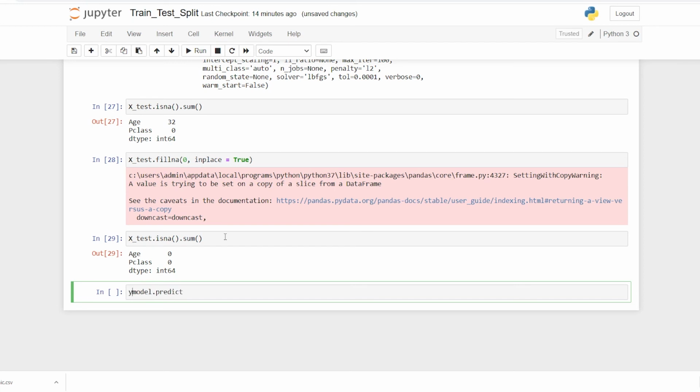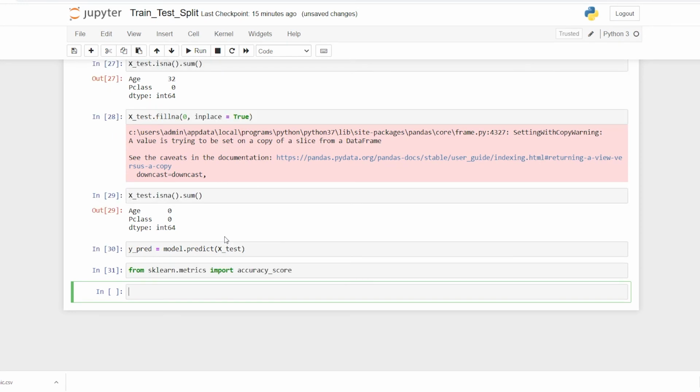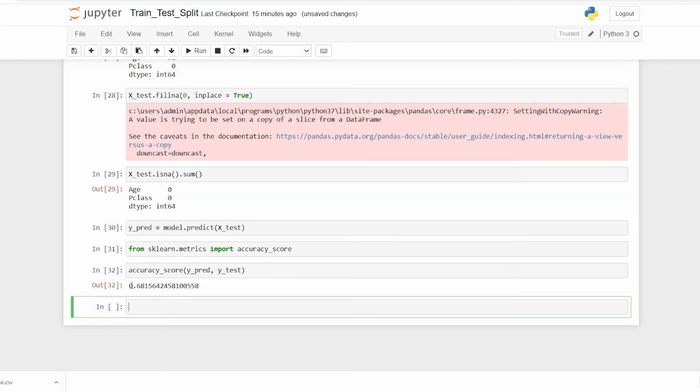Now the way we do it, I'll say model.predict. I can first of all make a variable. I'll say ypred is equal to model.predict, where I'm going to pass xtest, and we have it. And now I can check the score. So I can say from sklearn.metrics import accuracy_score, and I'll say accuracy_score, which is going to take 2 values. So it is going to take my y prediction and y test, and we have it. So it's 68%. Pretty much bad. And in the upcoming videos we are going to try to improve the accuracy of this model.